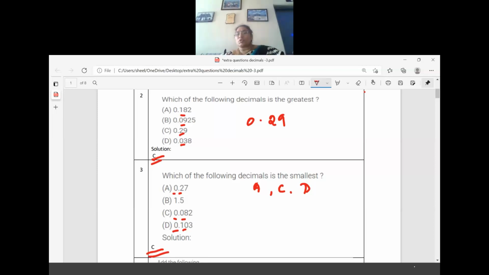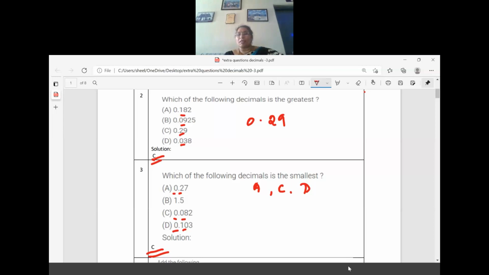So always you should go for checking one by one only. First, check before the decimal. Then after the decimal, check the next place value, that is the tenths place. Then we go to the hundredths place, then the thousandths place. If the tenths place values all came the same, and hundredths place values all came the same, then only we can go further like that. Here, in the tenths place itself you can see that all the digits are different.